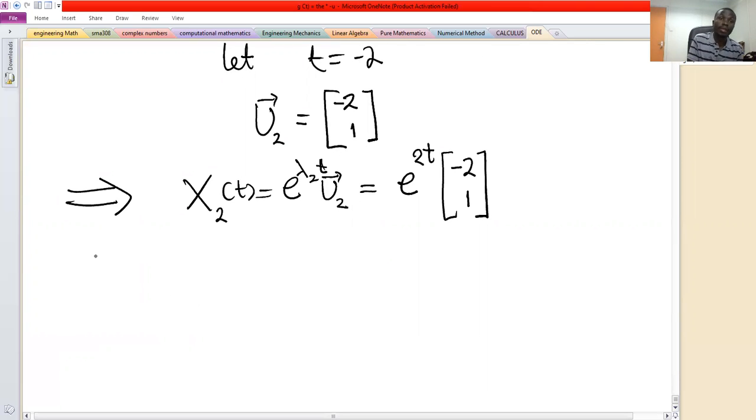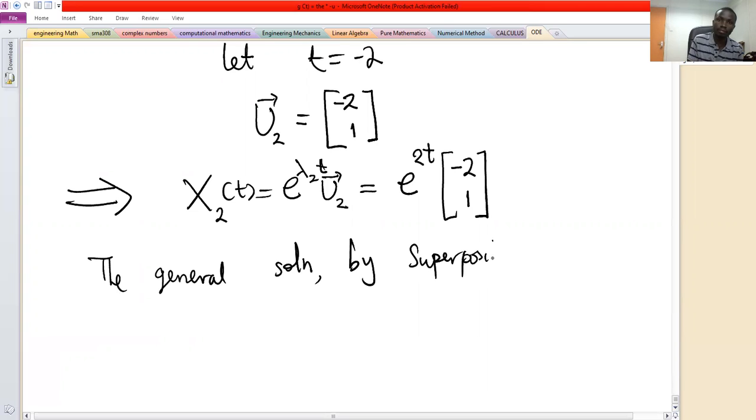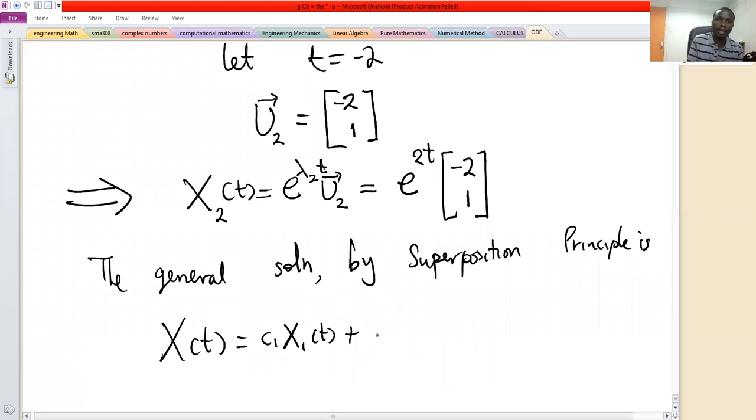Now, the general solution, by superposition principle, is simply the linear combination of the x1 and x2. So x of t equals c1 x1 of t plus c2 x2 of t,